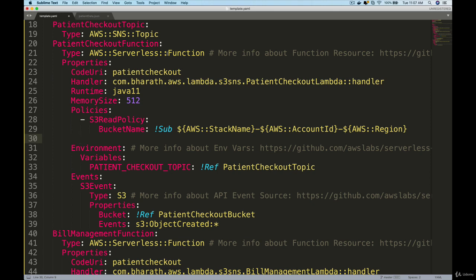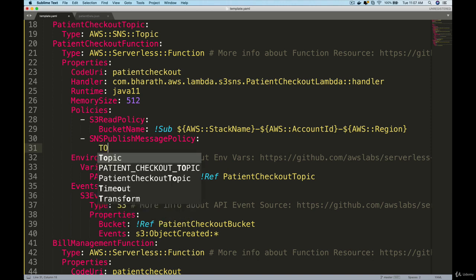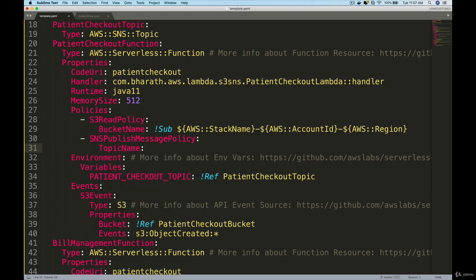Hyphen, define along with S3 policy, SNS policy, space, SNS all capital, P capital, Publish, Message, M capital, Policy, colon. On the next line, a couple of spaces right under S, give the topic name, T capital, Topic, N capital, Name, colon, now use the intrinsic function, Get